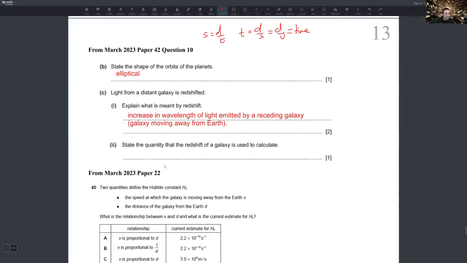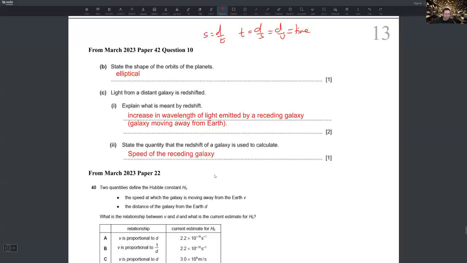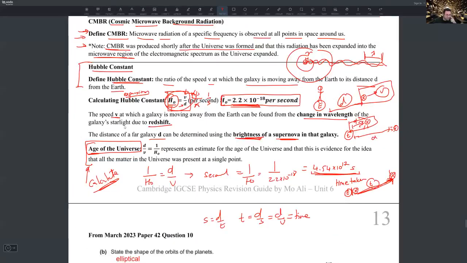Next. State the quantity that redshift is used to calculate. What do we use redshift to calculate? The speed of the receding galaxy or the distant galaxy. No, redshift isn't used to get change in wavelength. It's used to get what in the end? What's the function? Because that's actually the main point. The speed